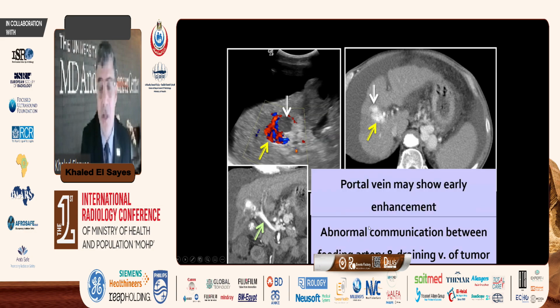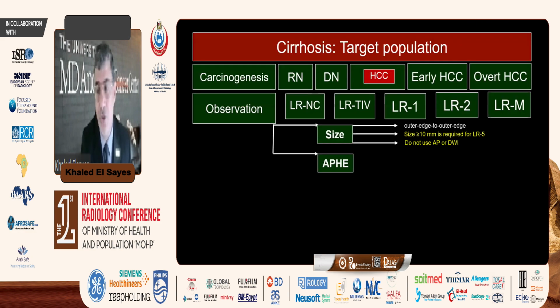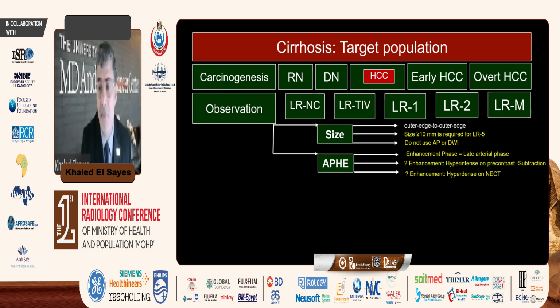And the risk for something like that is what? Number one, you don't want to consider this as a discrete, different observation. The other thing is you don't want to overestimate the size of the observation by including this shunting together with the tumor, right? So this is arterioportal communication, and it's very important for you to indicate. Again, those are the pearls and pitfalls with arterial phase hyperenhancement.